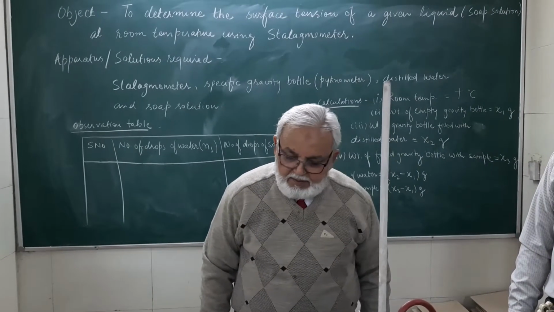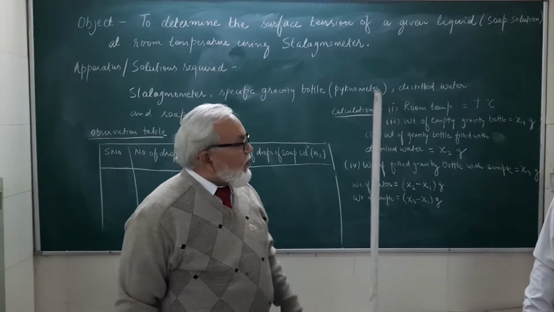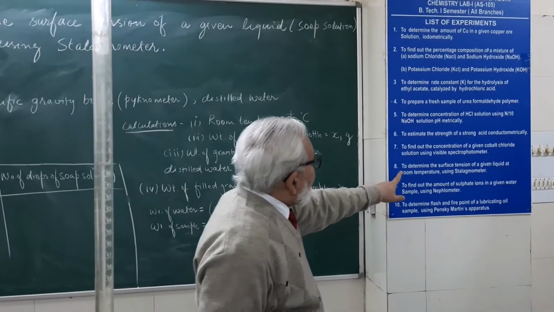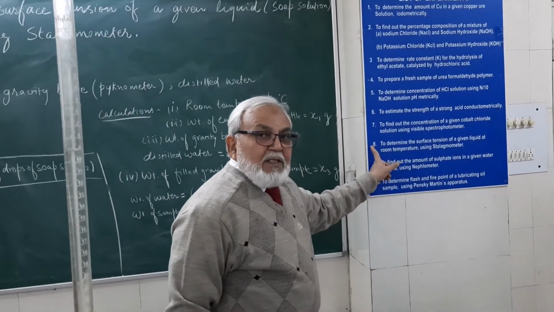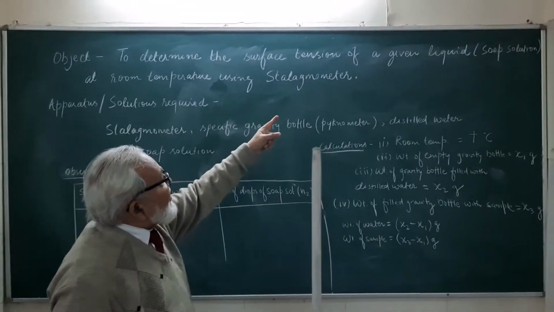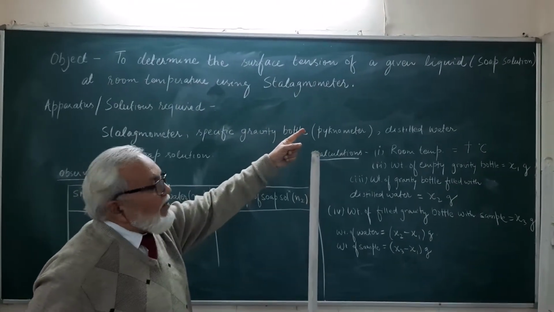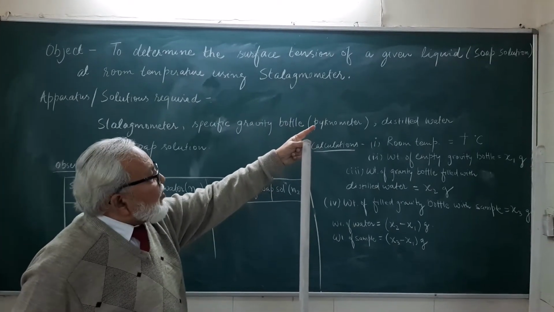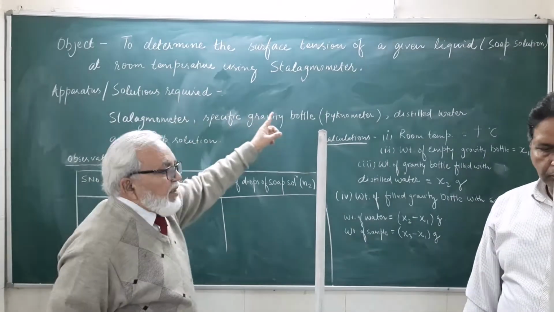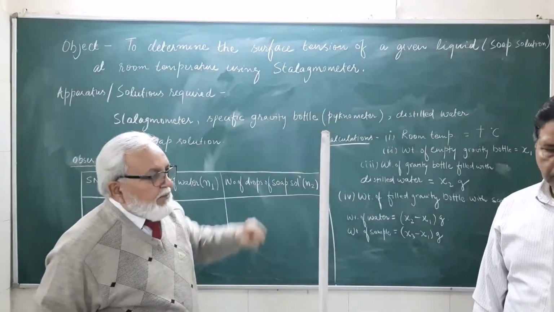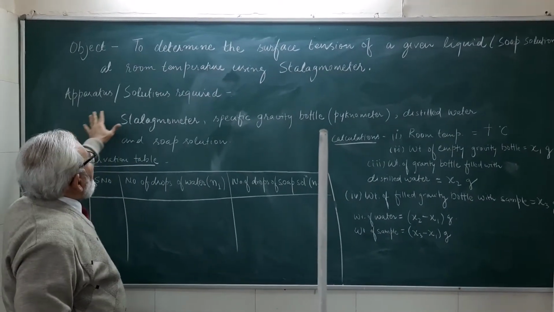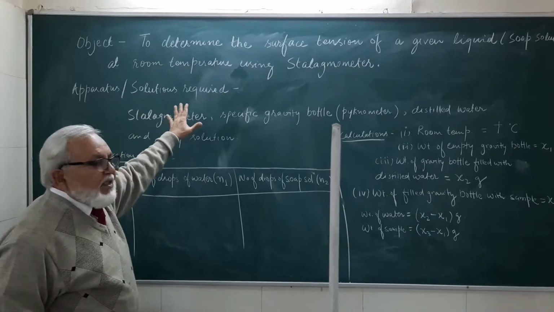Good morning. Today we are going to perform experiment number 8, as it is written in the table, to determine the surface tension of a given liquid, that is soap solution, at room temperature using a stalagmometer. Apparatus and solutions required: